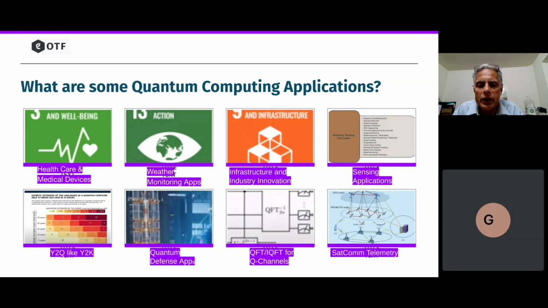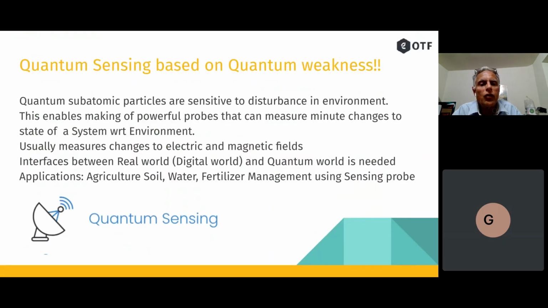So quantum logic circuit is what you see. This is one very important thing, and satellite communication will be used, for example, for key distribution, telemetry, etc. So many applications are there, and quantum sensing is the low hanging fruit, we can say, because already you see